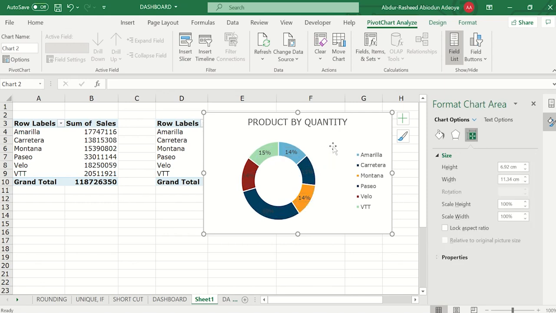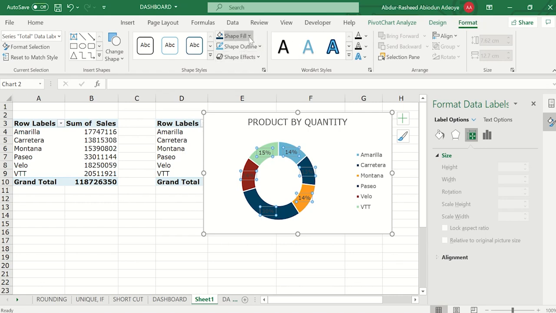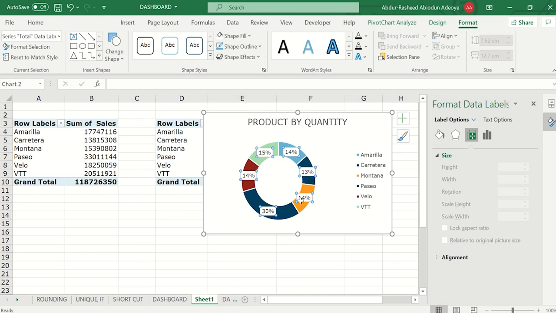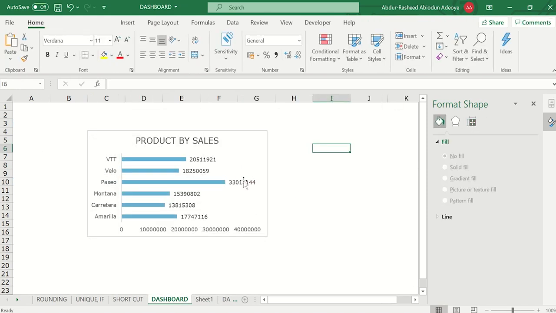So that is how to do that. You need to do it at once for all the data points. Then I can as well click on this. After clicking on that, come to format, then shape fill, you can pick white. When I pick white, you can see everything is showing white and it is showing very well. Good. So I'm going to click on Control C on this old chart now, then come to my dashboard and